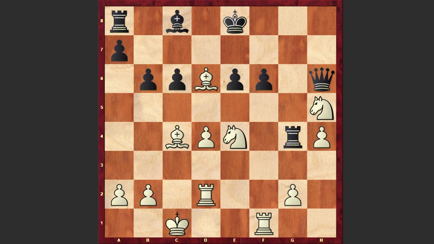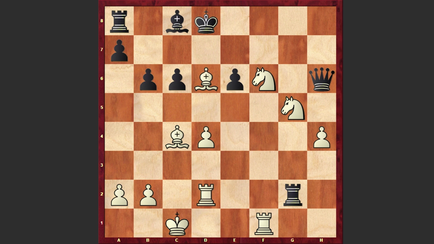In our game after knight takes h5, black played rook takes g2 and knight takes f6 check. King d8, this time we have knight g5. The threat is knight f7 checkmate. For example, if rook takes d2, then knight f7 checkmate is coming, a very brutal mate. That's why black gave away his rook and captured on g5, and we have h takes g5, queen takes g5,